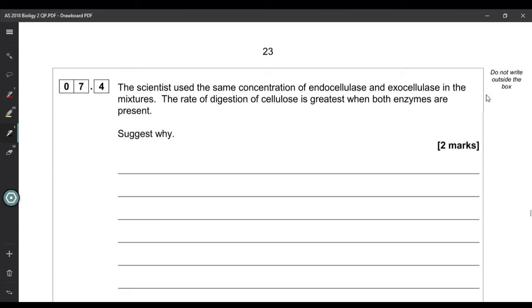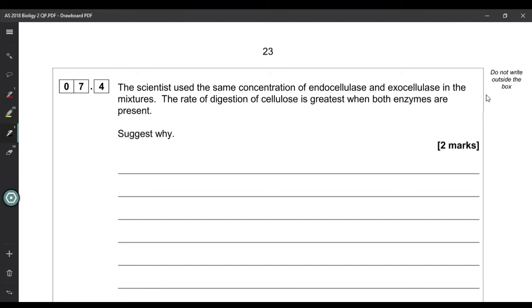So the scientists use the same concentration of endocellulase and extracellulase in the mixtures. The rate of digestion of cellulase is greatest when both enzymes are present. Suggests why. Well, in this case, what's happening is we know that the extracellulase can only attack the ends. So if we've just got a piece of cellulose and some extracellulase, then it can digest from both